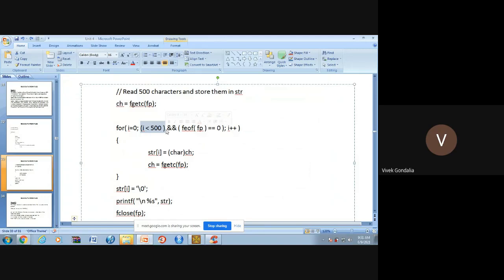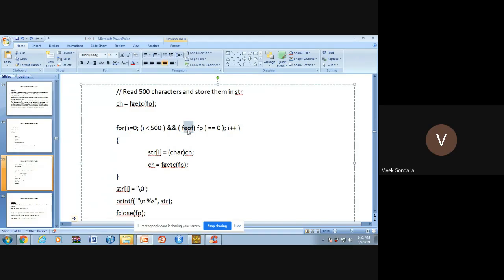But if in my file there are no more than 300 characters, then this condition will give you the error, or it will give you some space or some dummy data. So another condition I have to check: feof. EOF means end of the file. This function will tell you the ending point of the file. So EOF means the end of file.